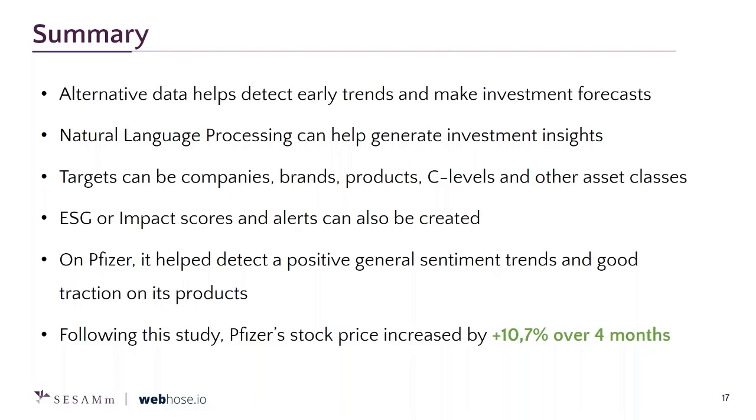And with natural language processing technologies, we're able to compute these scores in real time to generate alerts and to know extremely quickly that there was suddenly a government scandal on a company. So it helped us detect a positive general sentiment trend and good traction on the company's products. We still have some negative trends on the ESG side, as we see that the company is involved with several scandals. They haven't had any direct impact on the price,